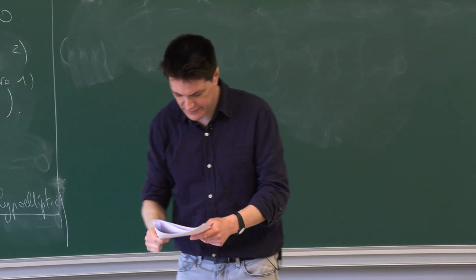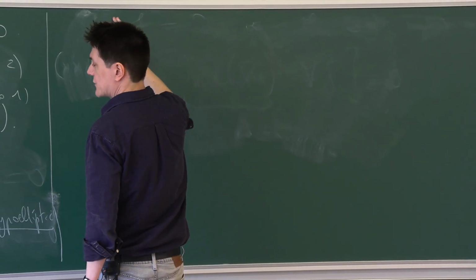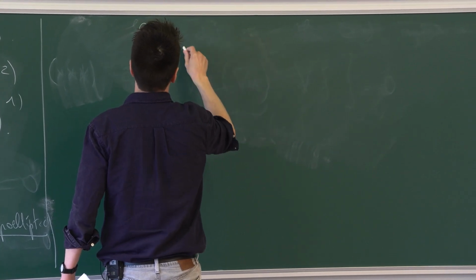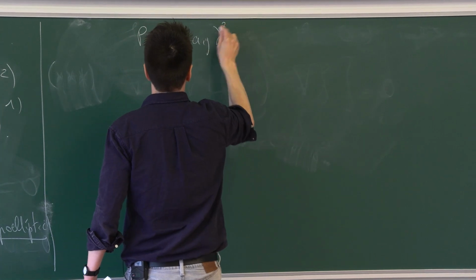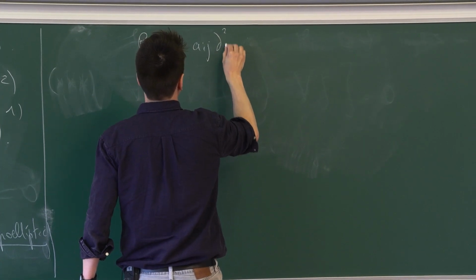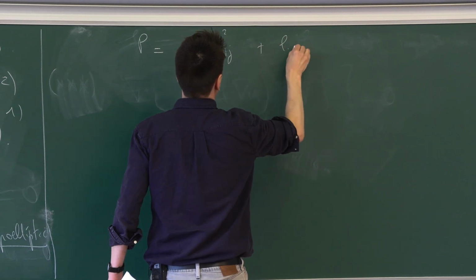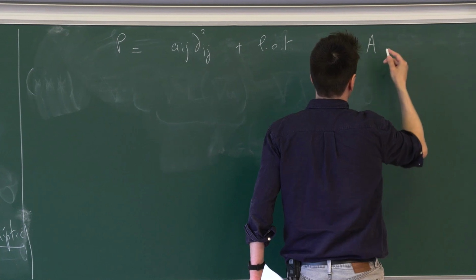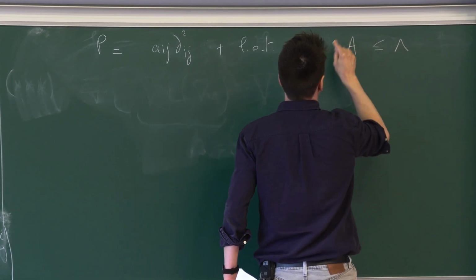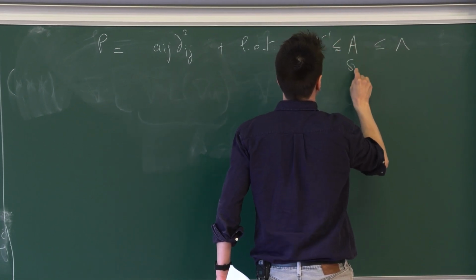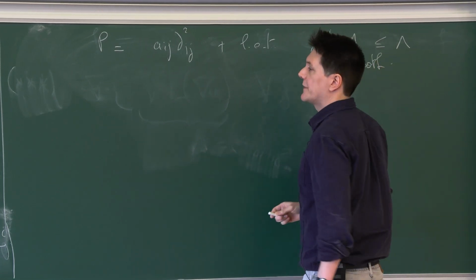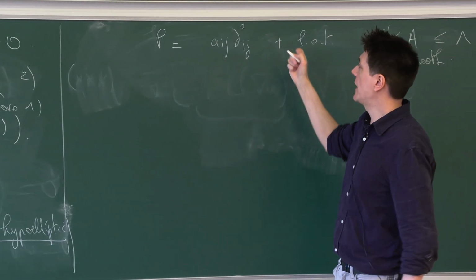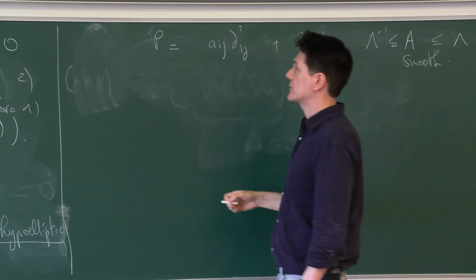So obviously, if you have a second order operator, I wrote some example. Well, that one is trivial. If P is a second order operator, a_ij ∂_ij, plus lower order terms, and if your matrix A is smooth and elliptic, then you will satisfy that. But that's what we call an elliptic operator, right? The higher order term, the one that dominates, has ellipticity and so on.